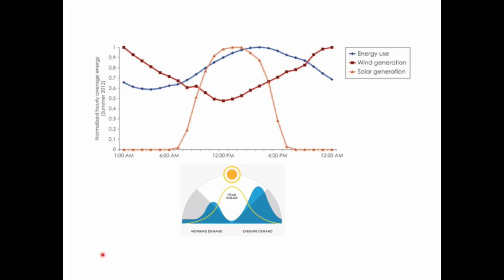And this is something that engineers work on all the time. So when you hear about solar and wind, it's not just that solar doesn't work when the sun doesn't shine and the wind doesn't work when the wind doesn't blow. It's the relationship between the maximum amount of solar and wind electricity that we can produce relative to how much is actually being used by humans at any one particular time. That is something that engineers are trying to address. And that video I showed you about concentrated solar power, that would be, for example, in this part of the graph and this part of the graph, that's when we could use that molten salt to produce electricity in real